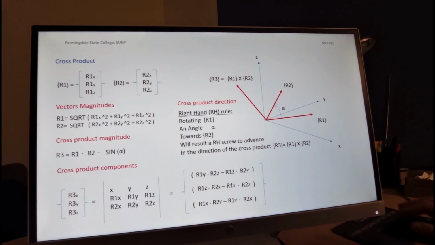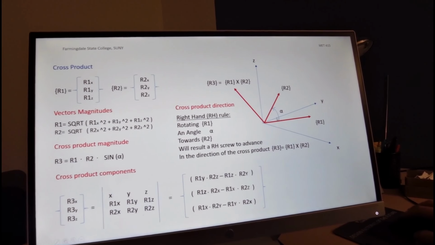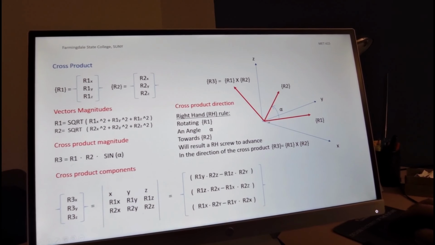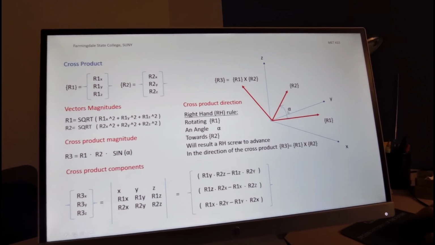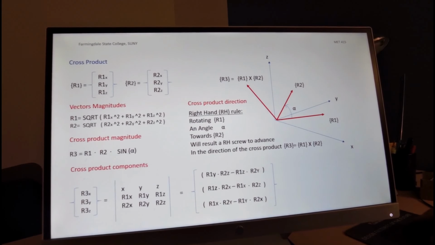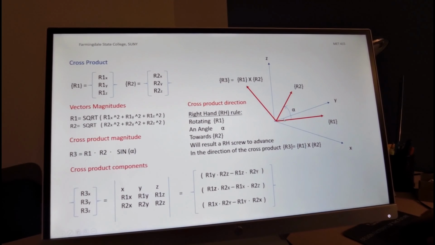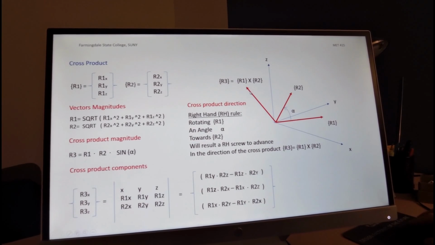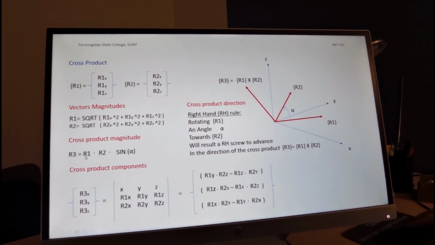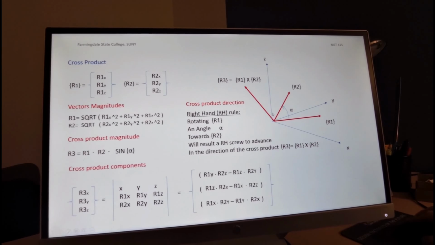Now, to learn a little bit more about the cross product, let's take a look at a general coordinate system and two vectors, r1 and r2, which are separated by an angle alpha. Now the question is, what is the cross product? The cross product is a vector which is perpendicular to both of them. It has a magnitude which is equal to the magnitude of r1 times the magnitude of r2 times the sine of